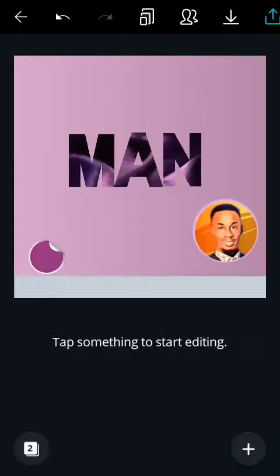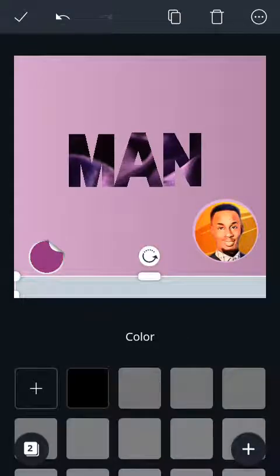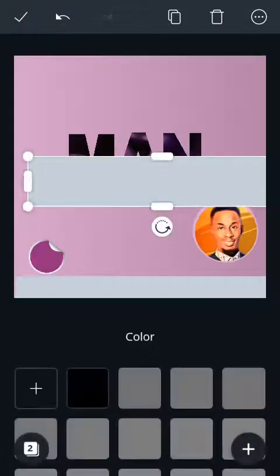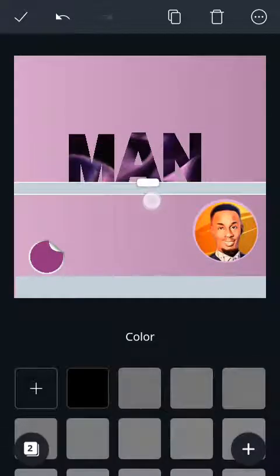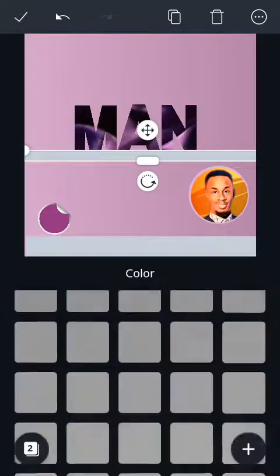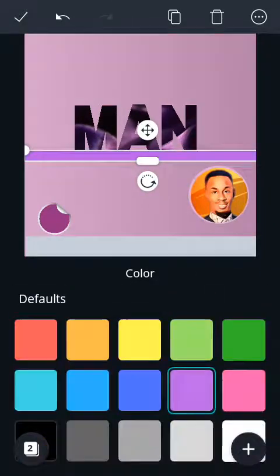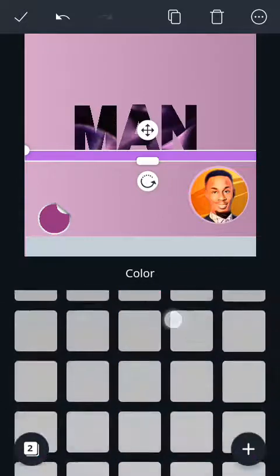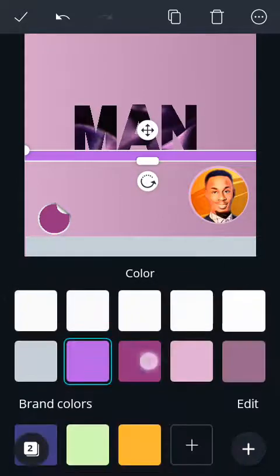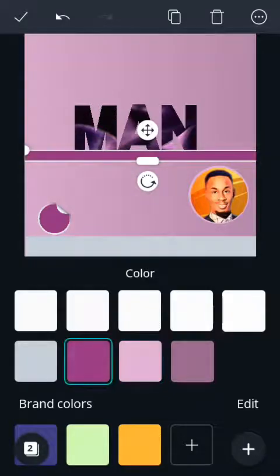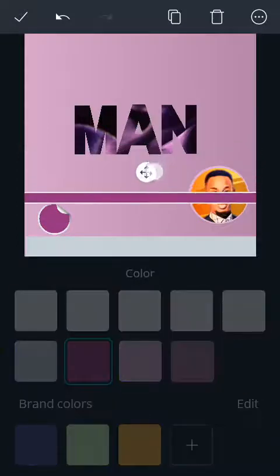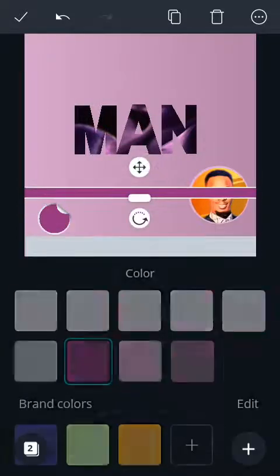Then click on this one again and then duplicate it, so we have two now. Then shrink this one to be very tiny, fold it sort of, right? Then change its color. Tap on this, change its color, or we could use this color we have here. Don't mind all of that, there's a reason it came up. Then we could just drag it,